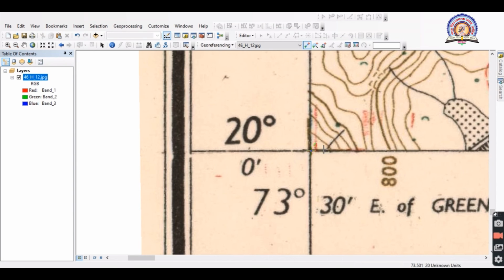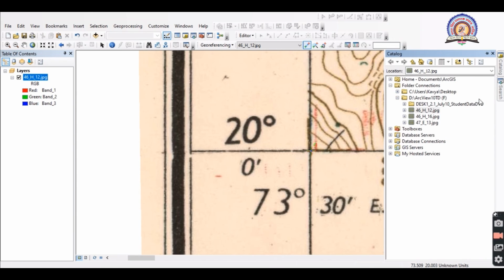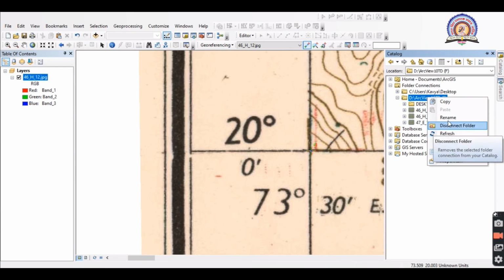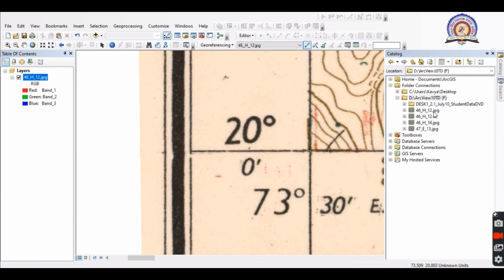Okay. So friends, our georeferencing is done over here, and now after refreshing this folder, one more map is added over here.